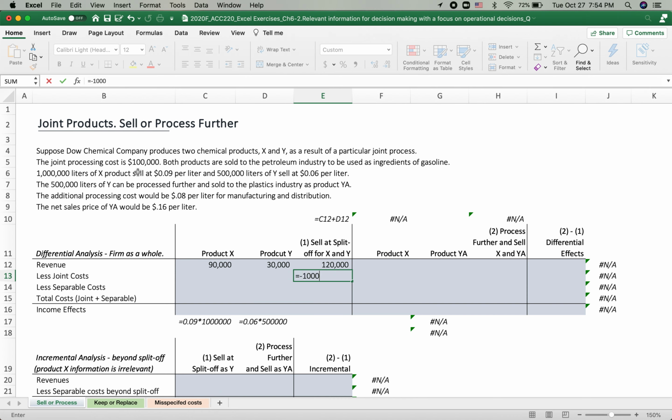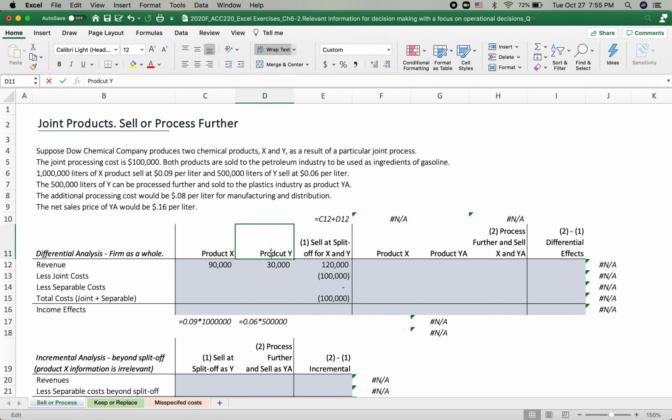So $100,000. And then the separable cost, because the company does not process the Y product further, so there's no separable cost. So that is zero. And then the total cost, joint and separable cost, we don't have any additional separable cost after producing the product Y. Oh, I think that is a missing typo. Okay,